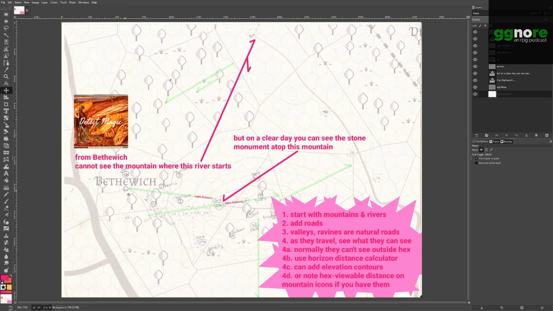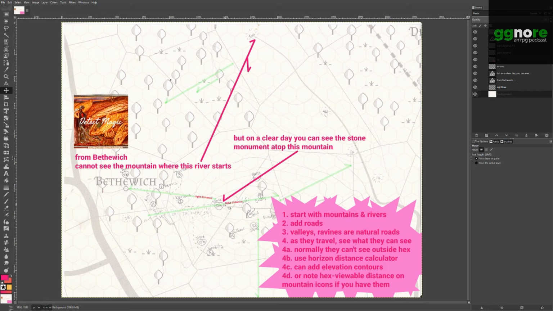So this also helps you if you are trying to navigate in the classic Lord of the Rings way, where they're in, what forest is it? It's Fangorn? No, it's not Fangorn. It's the one with the spiders in it. That one. They keep climbing up in trees to see if they can see any difference in the terrain, and they can't, because it just goes on almost forever. So you can replicate that in your game. It may be that even if they climb up to get 2 hexes above where they are, so to speak, they still can't see far enough away to see any elevations or to see any relevant changes in the terrain.